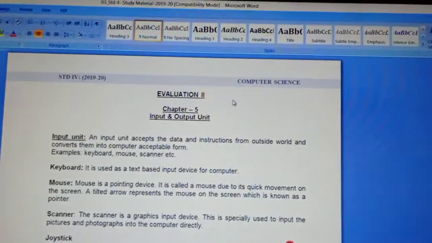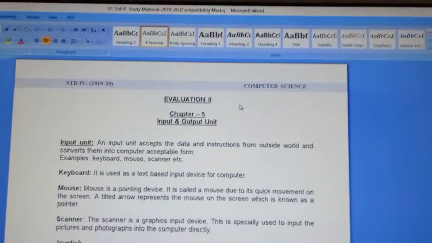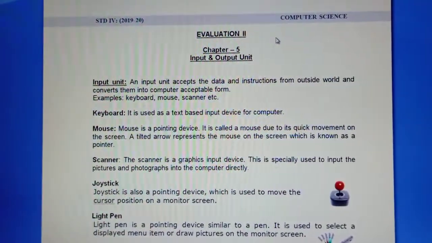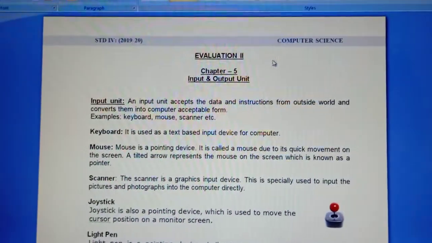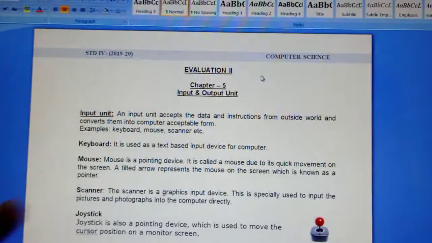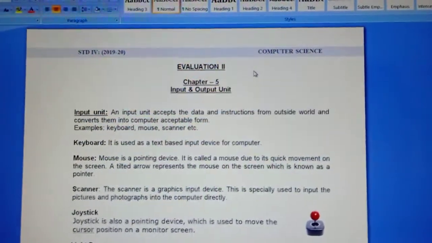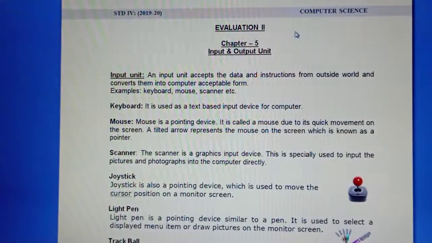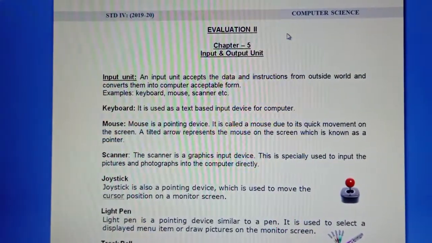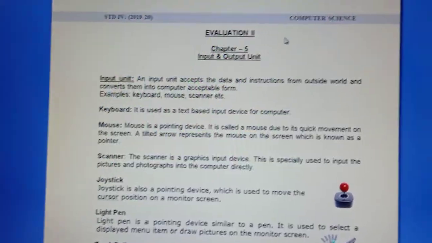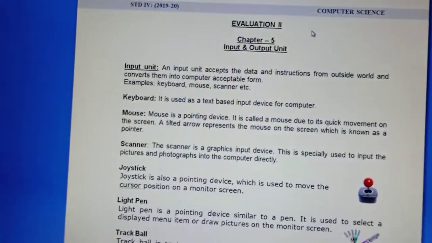Like your parents have photos in the album. At that time, computers and pen drives were not there, but now if you want to see that photo on the screen, and if you want to make a ppt presentation, you will scan that photo by making use of scanner, and you will see that the hard copy is converted into soft copy, and you can make use of those photos for making a ppt presentation or any video.